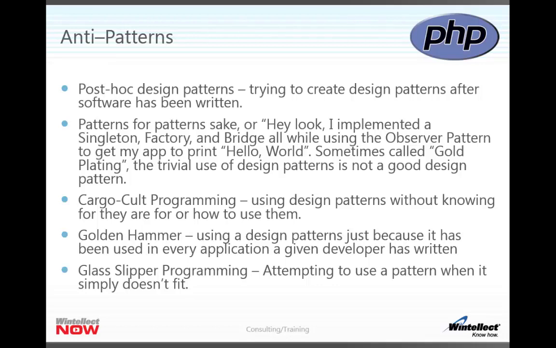And a fourth anti-pattern is the golden hammer anti-pattern. The golden hammer anti-pattern is essentially the idea that somebody's got the magic tool to fix everything with. And some developers get in their mind that they use a pattern so much that they think they can employ it in every piece of software they write. Well, that's not the case. You don't have to employ the same patterns in every software that you write. In fact, some software is more conducive to certain design patterns and not conducive to others, and then the next piece of software you write might not even use any of the design patterns used in the previous software that you've written.